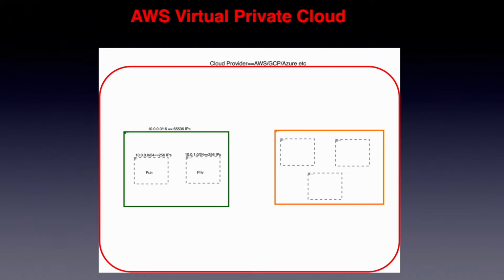A virtual private cloud is the logical division of a cloud service provider's public cloud architecture to support private cloud computing. So let's say we want some private cloud computing and this red box is the public cloud provider. That provider can be AWS, GCP, Azure or something else. When we logically divide this cloud provider's public architecture, it will become a VPC. So this green box and this orange box are the logical divisions of this red box, and they can be termed as different VPCs.